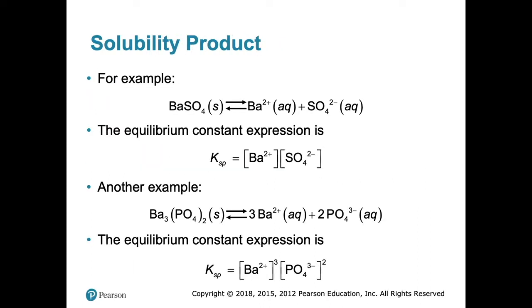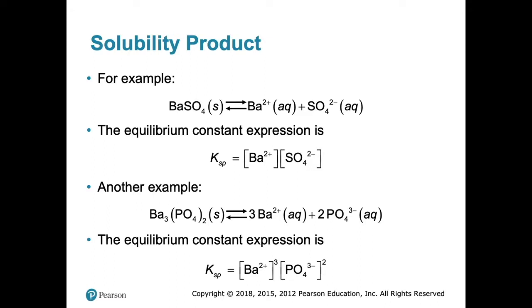And this one's much easier because there's only two things. Take, for example, barium sulfate solid right here. In this equation, barium 2+ dissociates to sulfate 2-. And so to do the Ksp equation, it's quite simple. Ksp equals the barium concentration times the sulfate concentration, right? Cool stuff. Again, just remember that coefficients in the balanced chemical equation represent those exponents in the equilibrium expression.